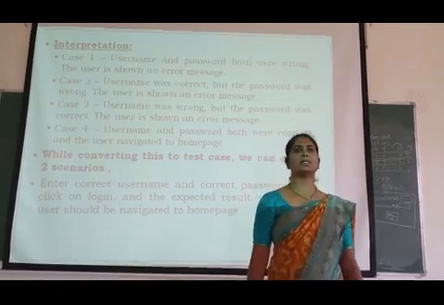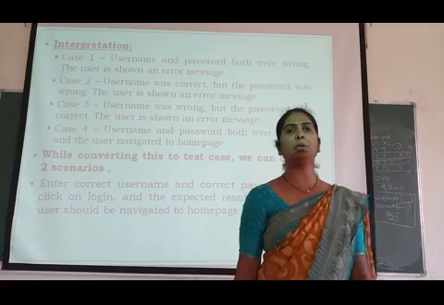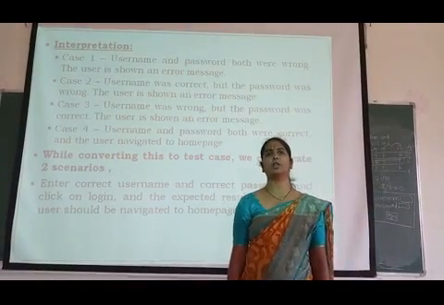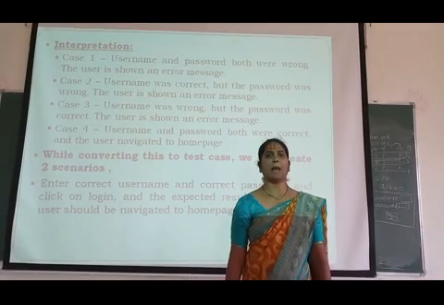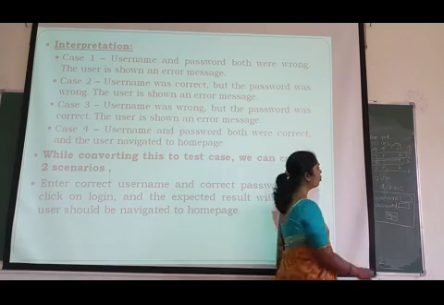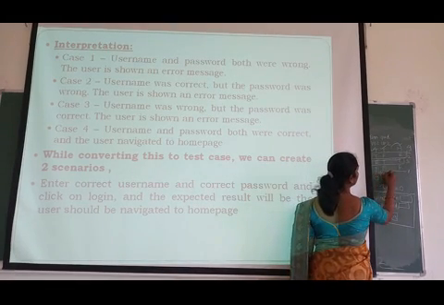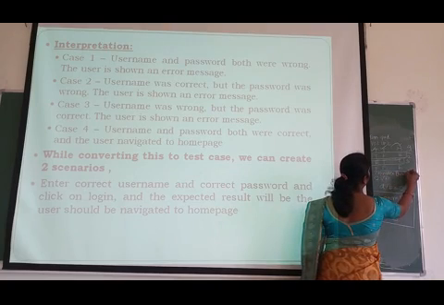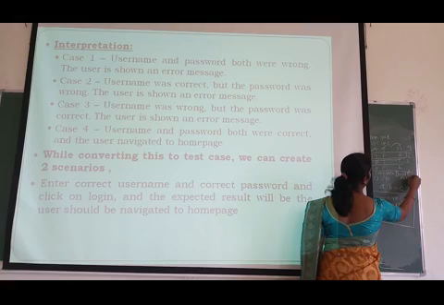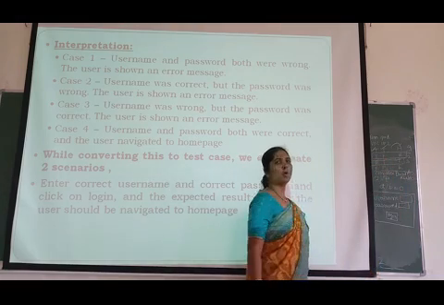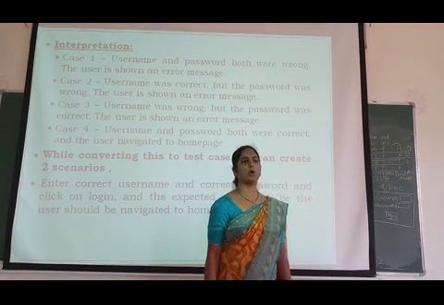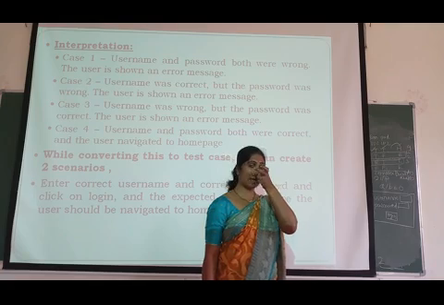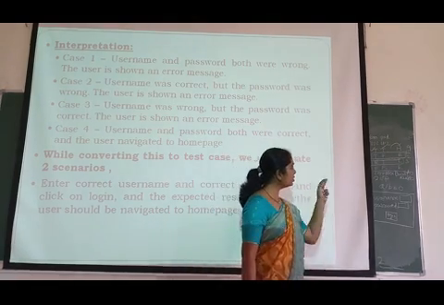Okay, so this is the simple interpretation which we need to consider when we are designing a decision table for black box testing. Basically it is required only for complex business rules. Complex business logic which we need to consider to design an application. Okay, so this is the thing.